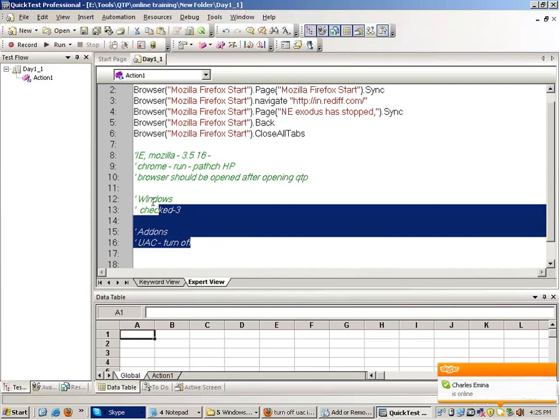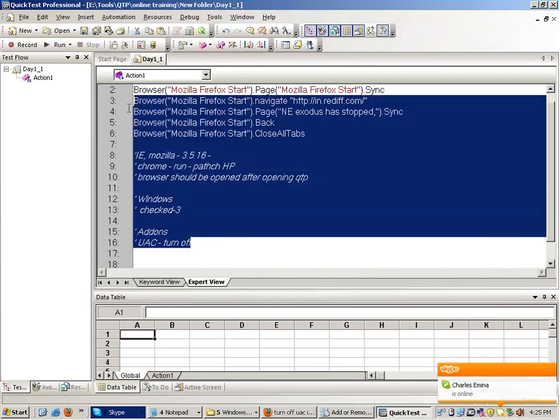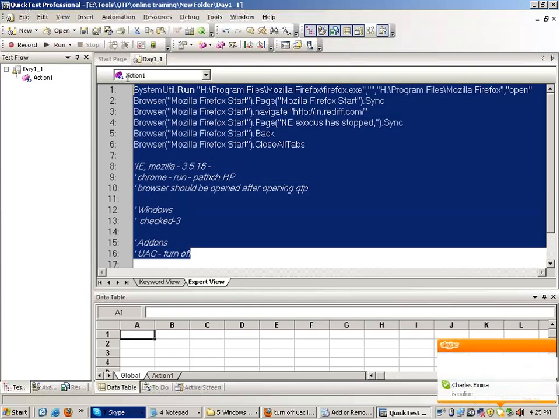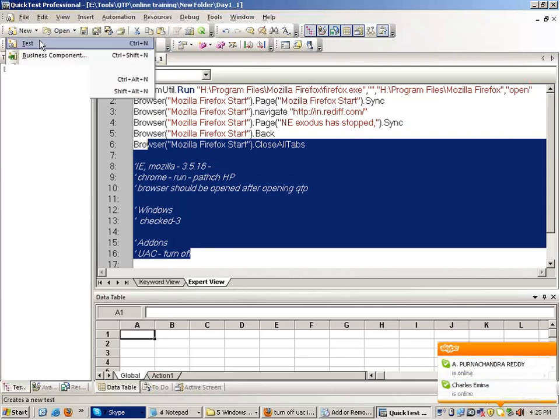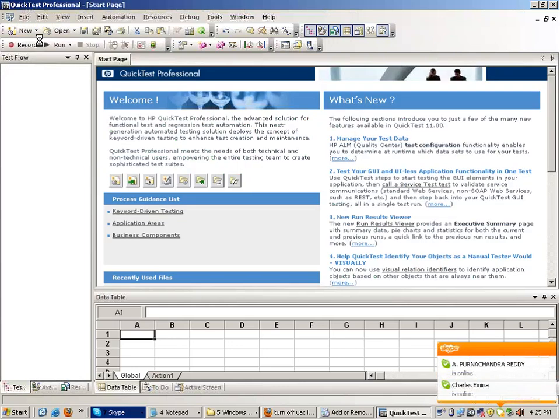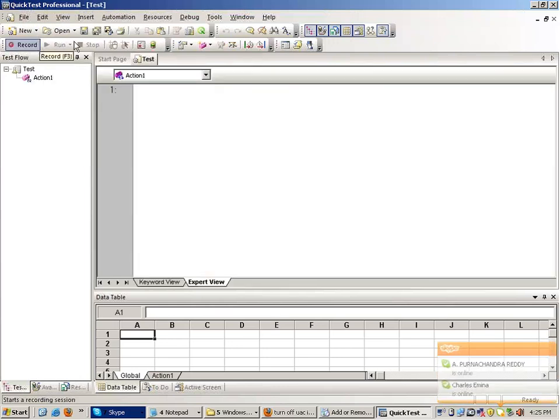This is known as a test in QTP. In this panel over here, you write the code corresponding to the test. If I go to new test, then the old one will go away and the new one will come out. You can open the existing test by going to open test and choosing this one.